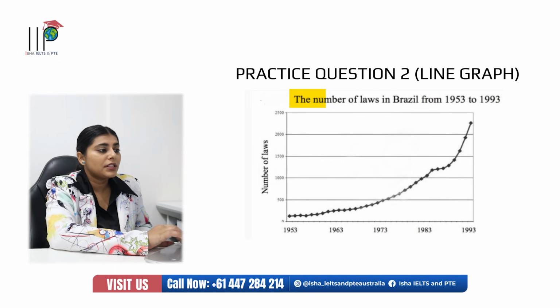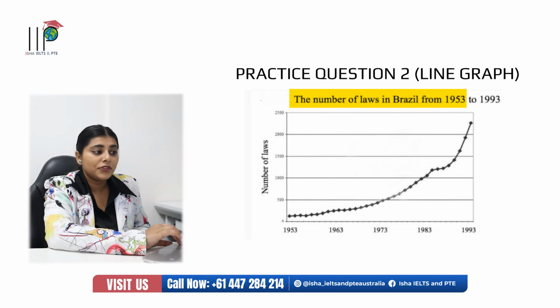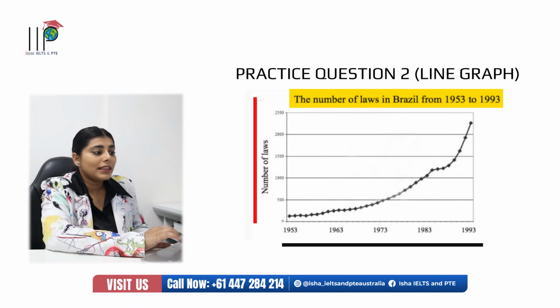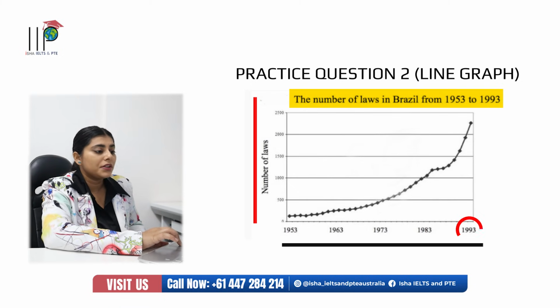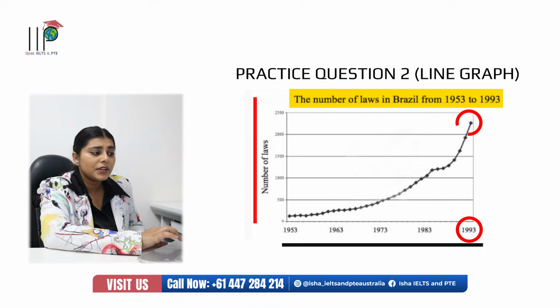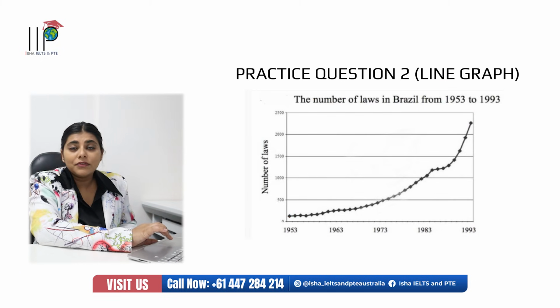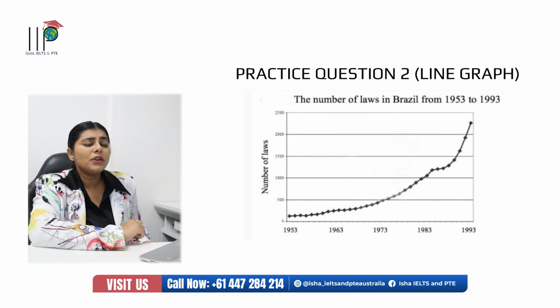The topic over here is the number of laws in Brazil from 1953 to 1993, and then the x-axis as well as the y-axis. The maximum over here is in the year 1993, which is around 2500. The minimum is in 1953, which is almost 0. And in the second last line, we usually say another highlighting feature is,